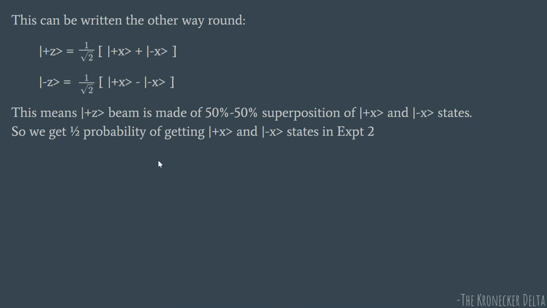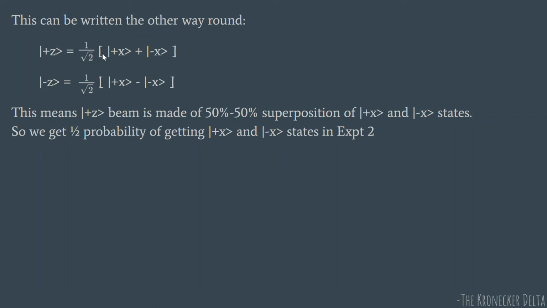So this tells us a profound statement. What we have already observed in experiment 2 particularly, when you had a plus z beam, was that there was a 50% chance of it ending up in a plus x state and a 50% chance of it ending up in a minus x state, right? So if initially I showed you this is your incoming beam, you can just look at this expression and tell, yes, there's a 50% probability. So this represents the probability amplitude, right?